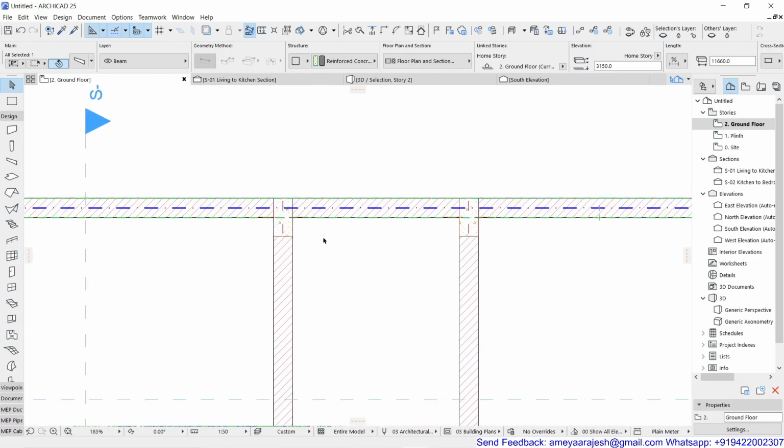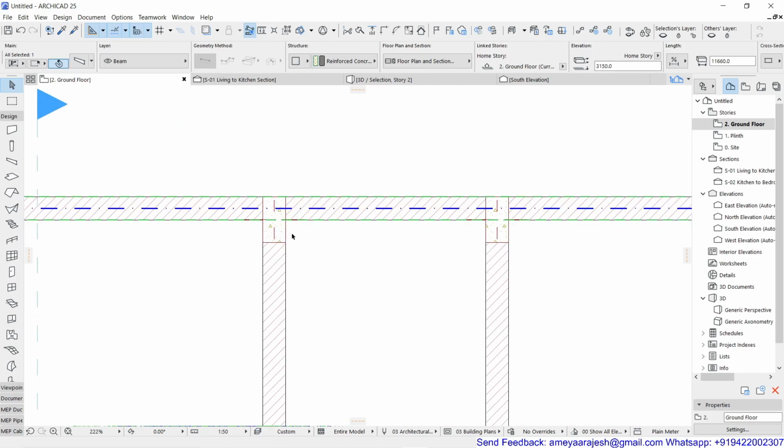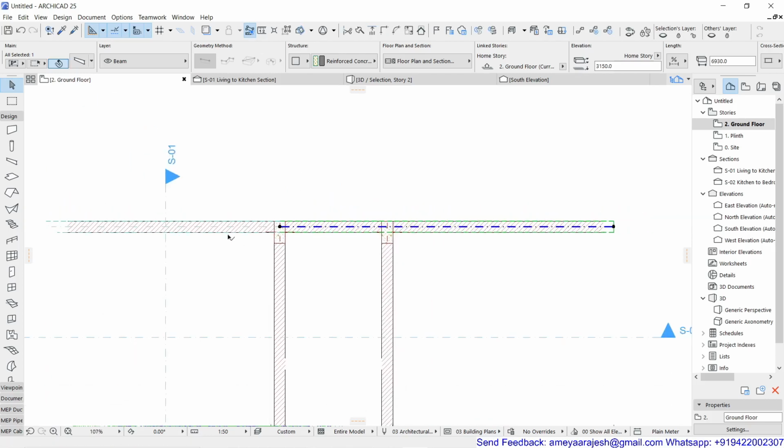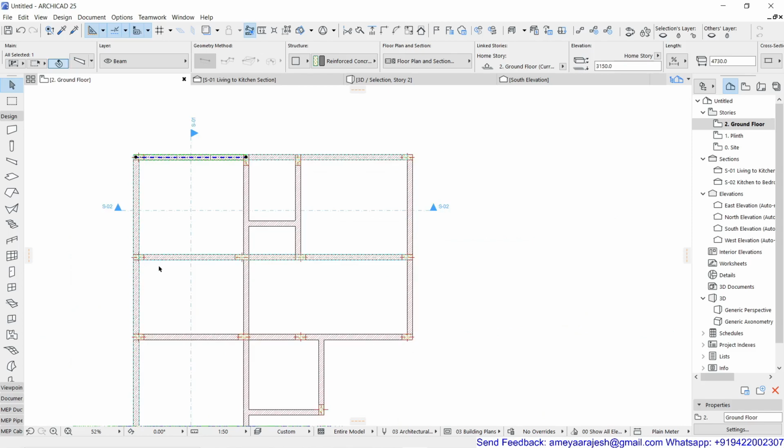Then please try to split that accordingly. Instead of drafting this as a continuous beam, you should split it, which is better. I'll select this beam, then go for the split tool, and split this at the center of the column.